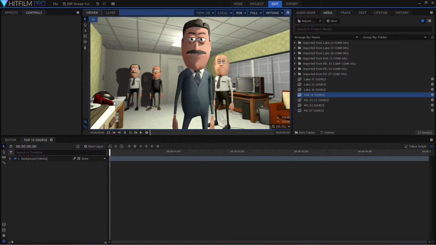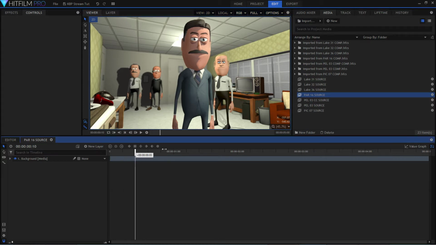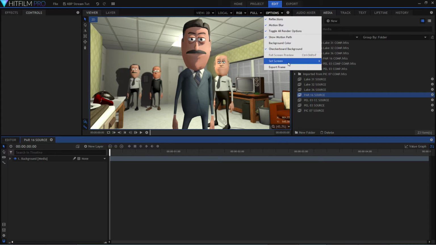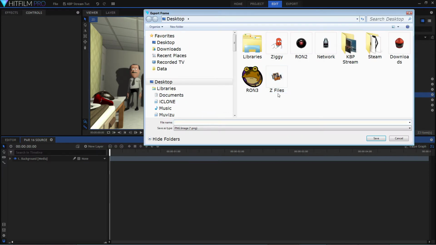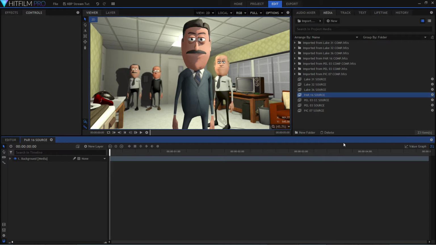So the first thing to do, if you have a situation like that, because it's a static shot, you don't have to do anything fancy to it, you just need a wee patch there to fix that phone model, because it's a bit crap. So, easy enough, you go up to options, and you export the frame, and then you export it as a PNG file, usually. And the reason for that is obvious. Once you get that into Photoshop,